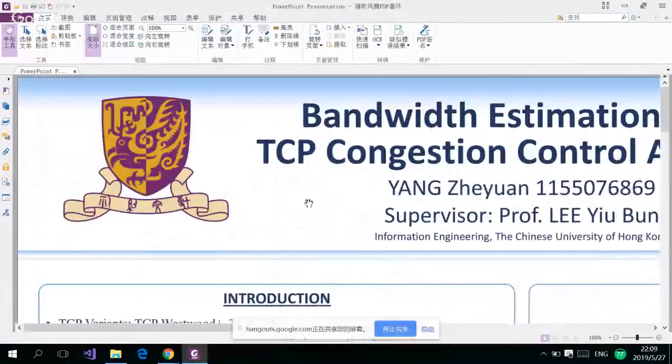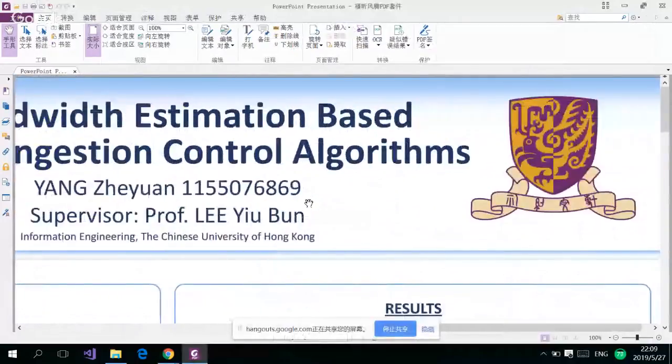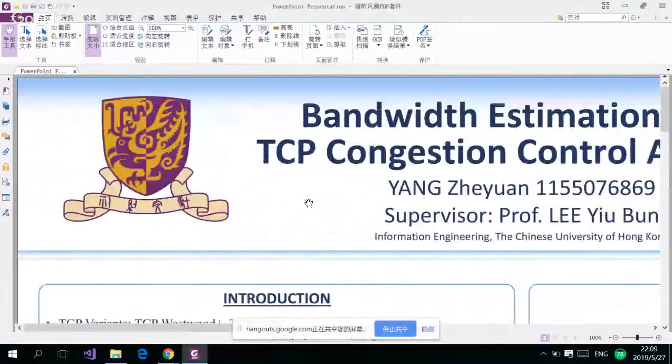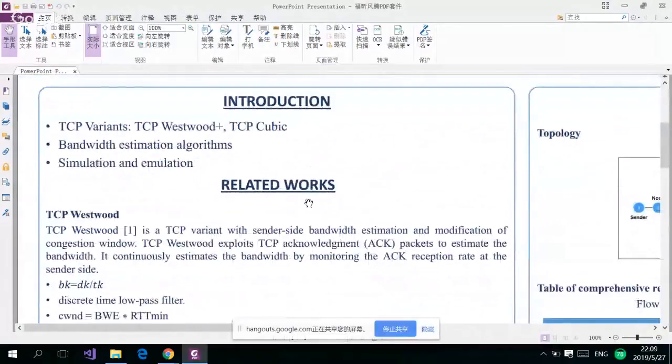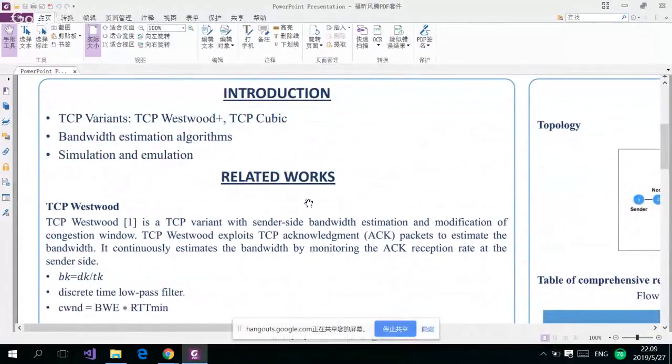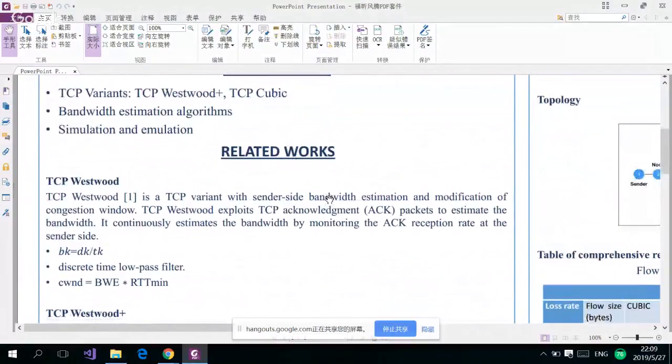My project is about bandwidth estimation-based TCP congestion control algorithms. There are several TCP variants, including TCP Cubic and TCP Westwood. Cubic uses a cubic function to change the cwnd in order to improve scalability. TCP Westwood is a bandwidth estimation algorithm. In this project, we'll improve the bandwidth estimation function, and